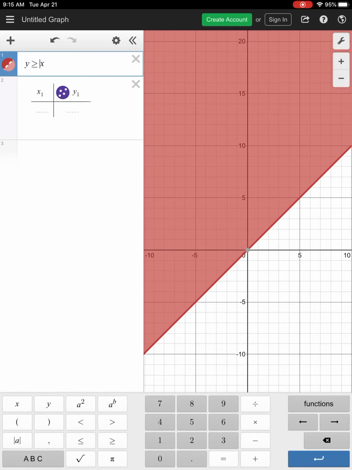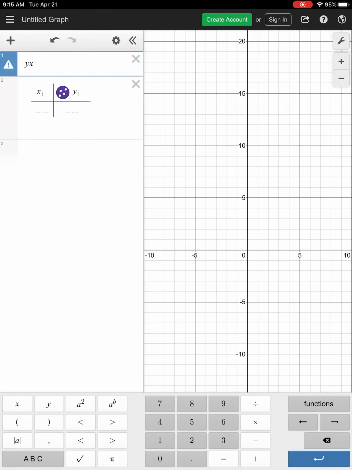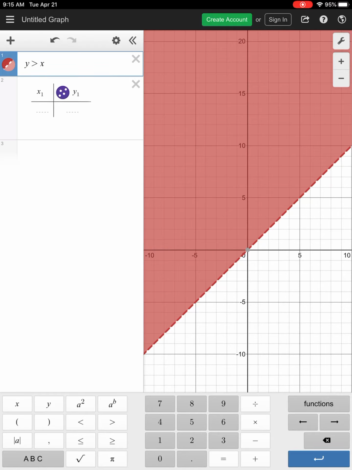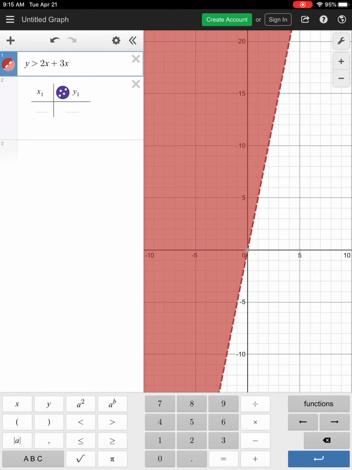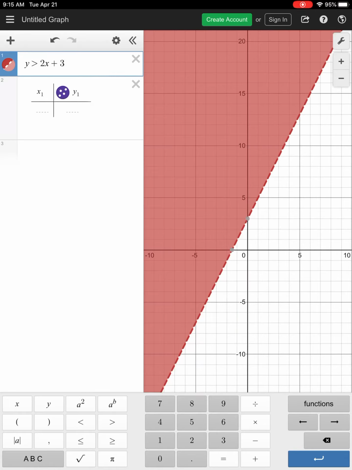Even though I picked the simplest linear equation or inequality I could think of, this works for any different situation you want. If instead of y is greater than or equal to x, we want to look at y is greater than 2x plus 3, we would just have to graph a different boundary line. So we would go 2x, oh, not plus 3x, excuse me, 2x plus 3. We would just go up 3 to get a new y-intercept, and then our slope would be up 2 and over 1. That creates the boundary line, but then we would still just represent all the answers that made that true